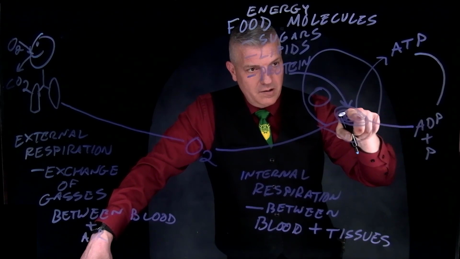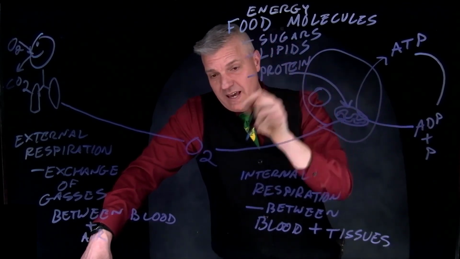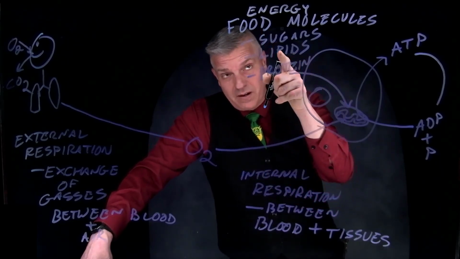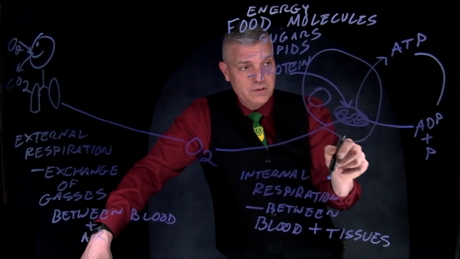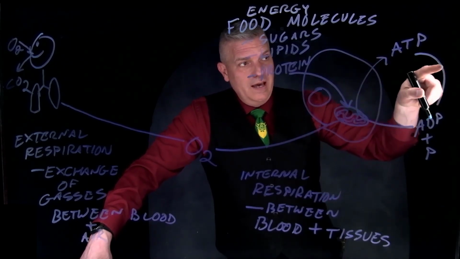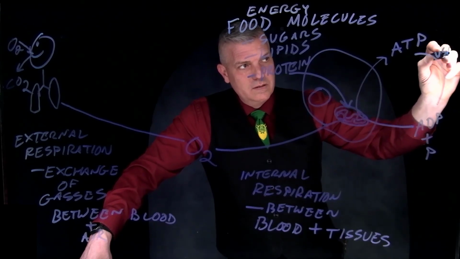And then the mitochondria, using energy from the food molecules, are able to get that energy because the oxygen allows it. Bringing in that oxygen is what lets the mitochondria get energy from these food molecules. It regenerates that ATP, it recycles it. And this part of the arrow over here, you could think used